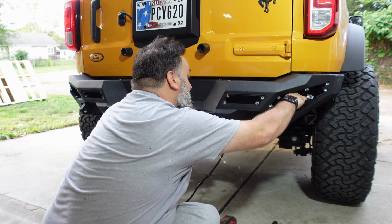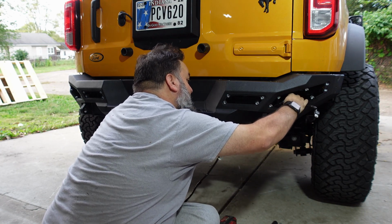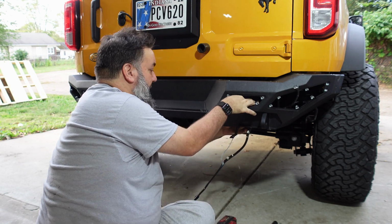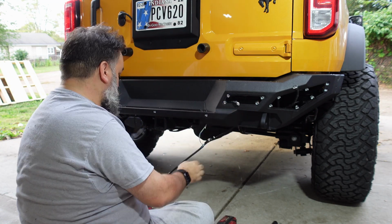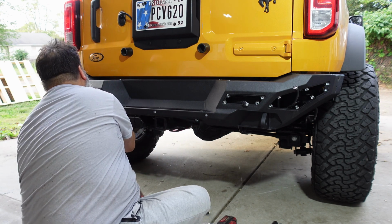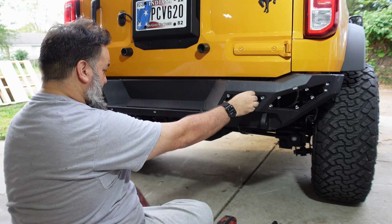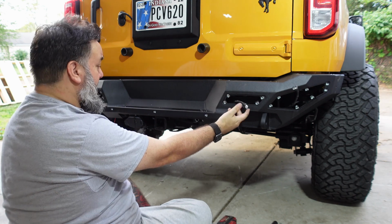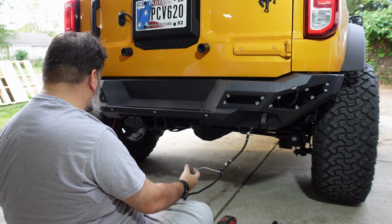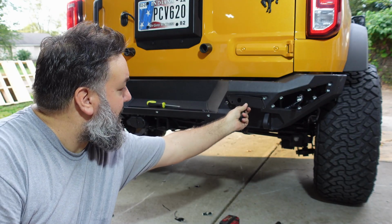So that one should reach there with no problem. And then this one reaches over here with no problem. So that gave us enough. Just wrap this. Let me wrap all this up, get it all taped up, and then we should be good to go. Alright, so each one of these sensor plates